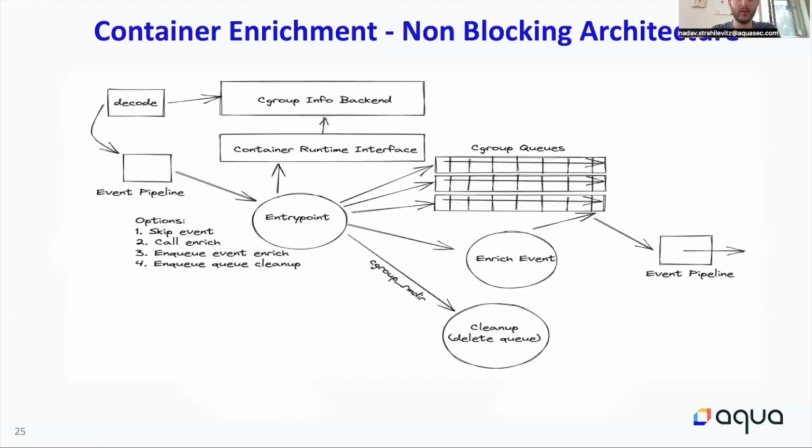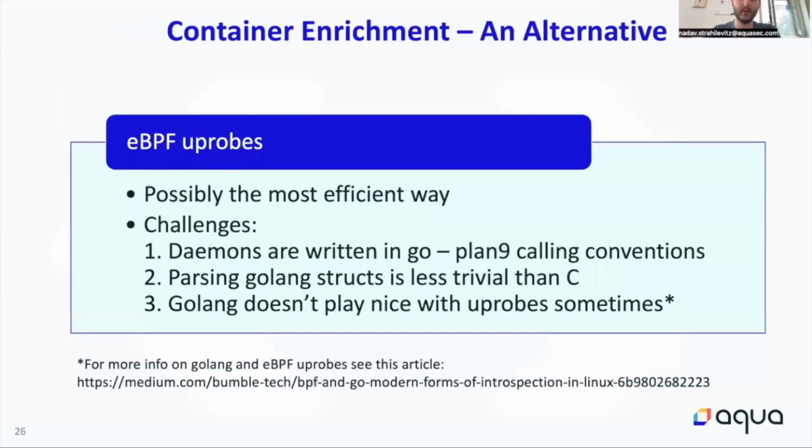the pipeline. Now, let's talk about a potential alternative implementation for this that may be more performant and may be researched in the future. We can use eBPF uprobes to hook the runtime daemon's container creation routines, and we can extract container creation data at the heart of operations. However, there are some issues with Golang and eBPF uretprobes. It can cause runtime crashes, and there's a good article about it which I've linked below, but it's certainly an